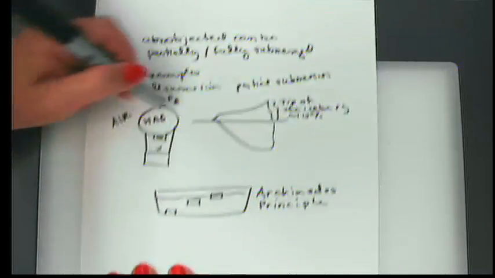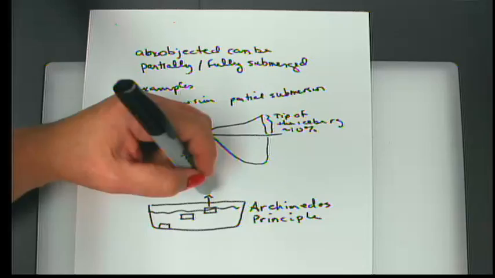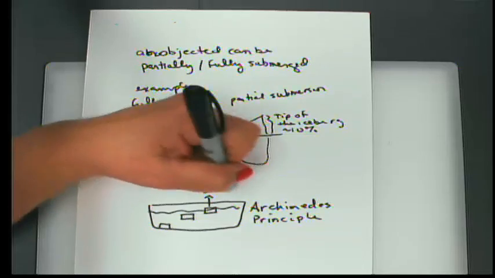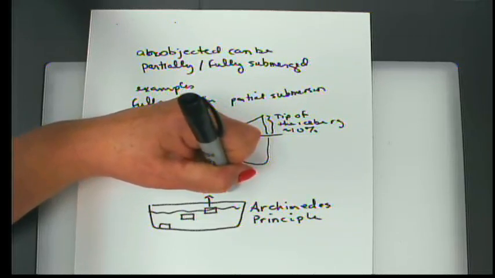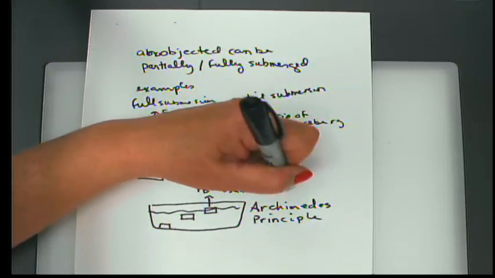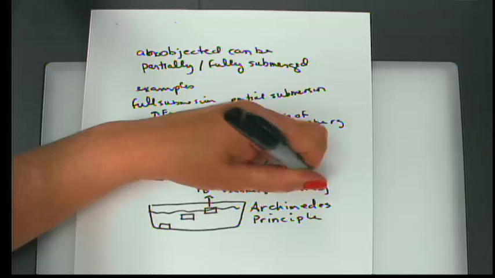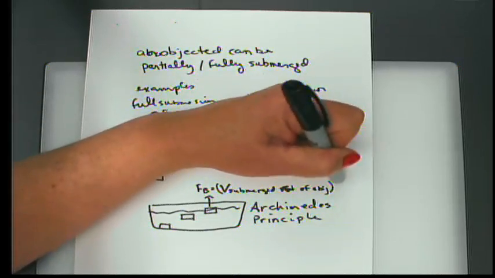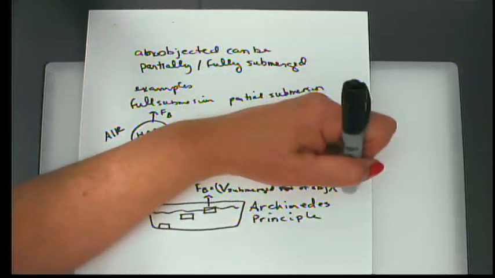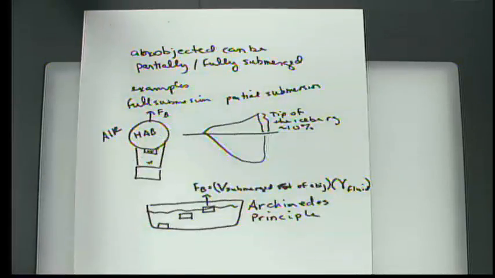And it turns out that the force of buoyancy is always directed vertically upward, but it is equal to the submerged volume of the object times the specific weight, not of the object, but of the fluid that the object is submerged or partially submerged